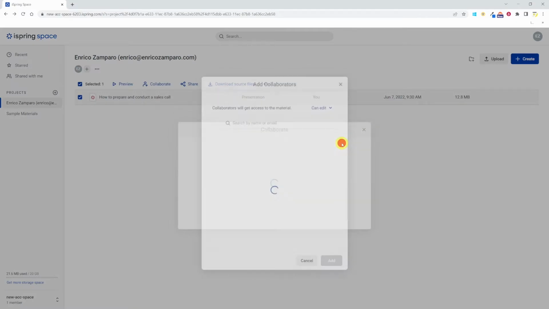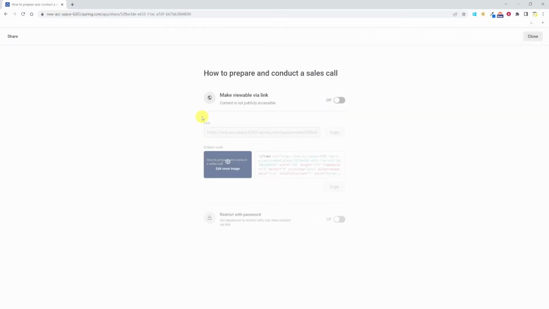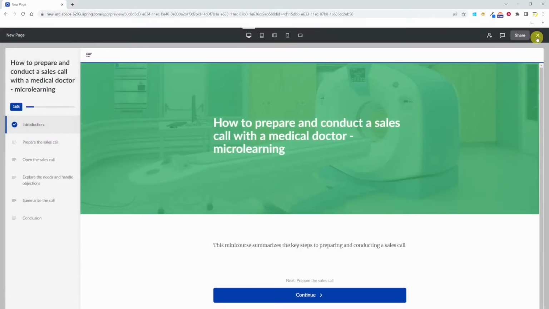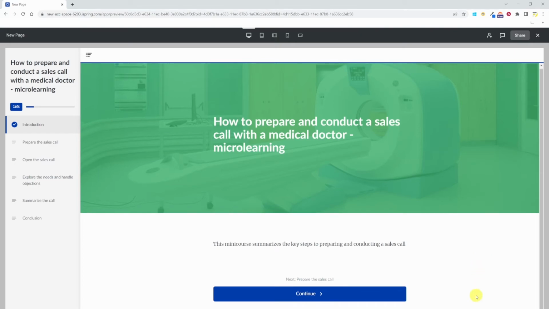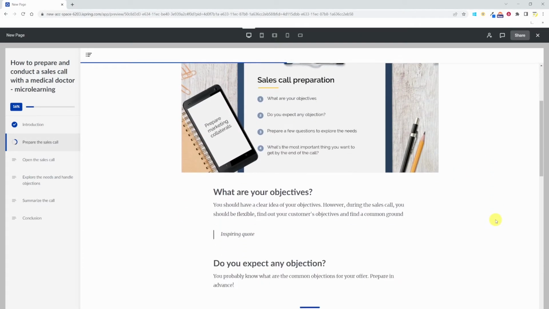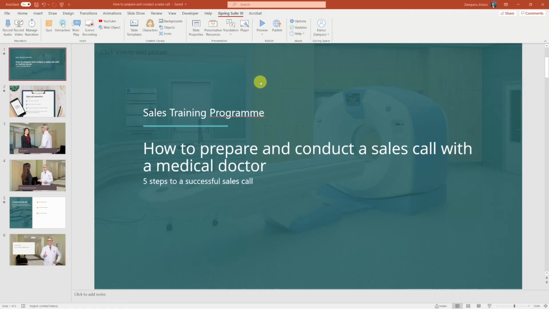You can collaborate with other authors or get links to your content to be shared with external reviewers. The other feature that's offered by iSpring Space is a cloud-based e-learning authoring tool that, as we'll see in a moment, can be very useful to quickly produce simple e-learning modules on the go. And let's go back to our